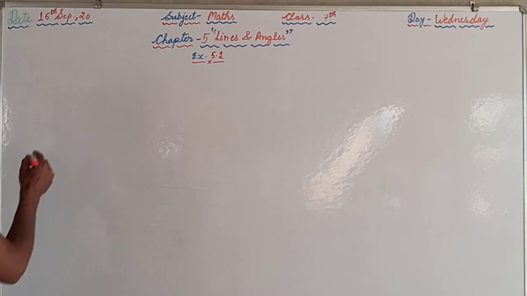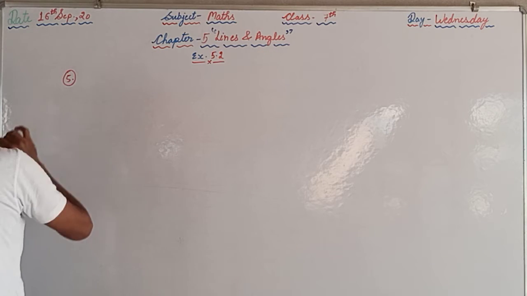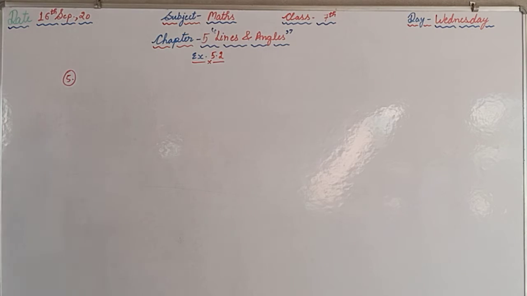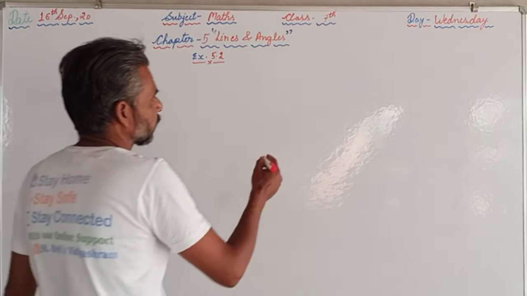As I told you previously, you should have your textbooks with you while watching the video, so that you can understand the information given in the question and you can follow when I am reading the question. So first of all we should read the question. In the given figure, the figure is given on the right hand side of the question, the arms of two angles are parallel. If angle ABC is equal to 70 degree, then we are supposed to find the remaining angles which have been given there.